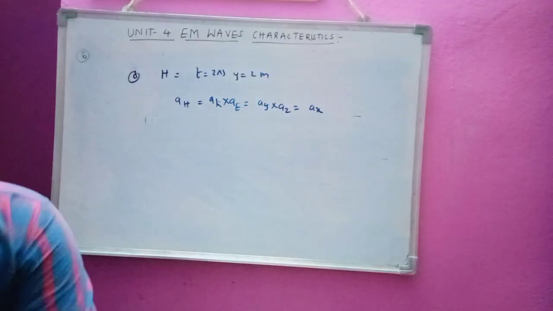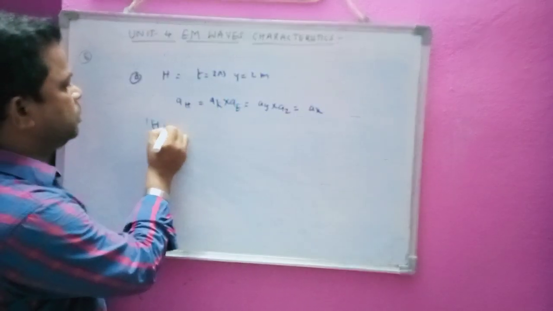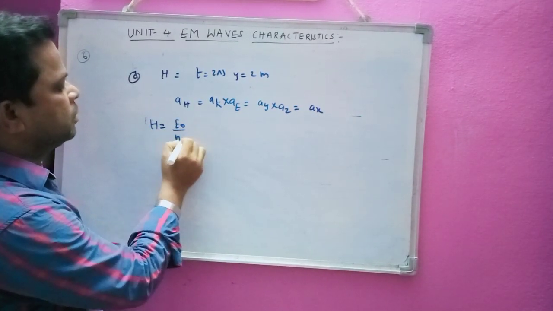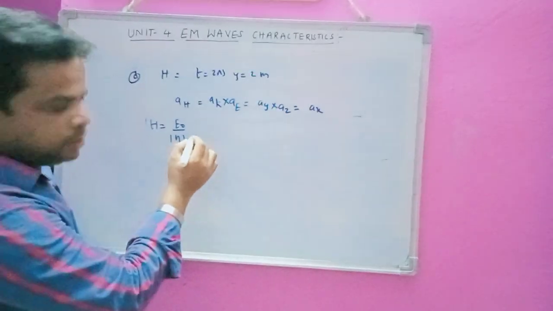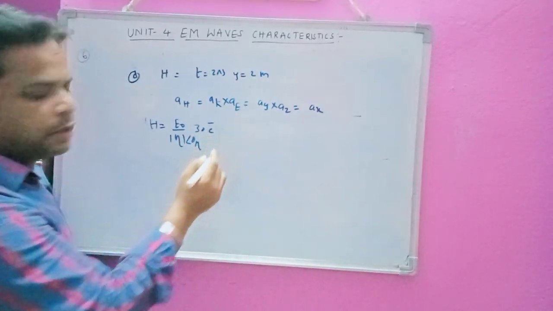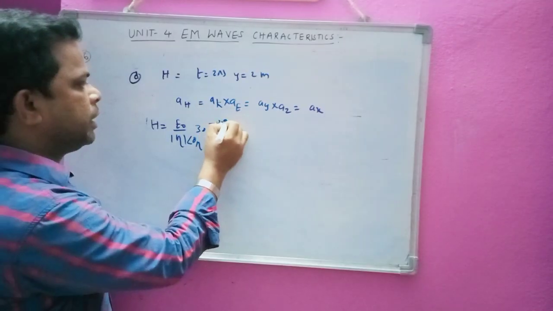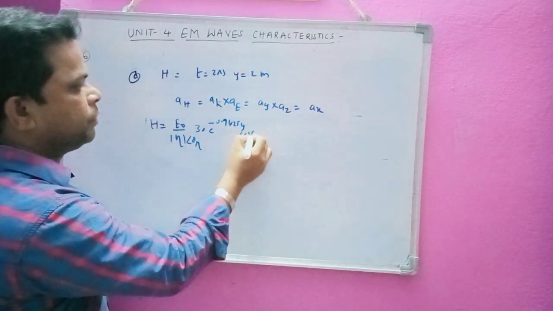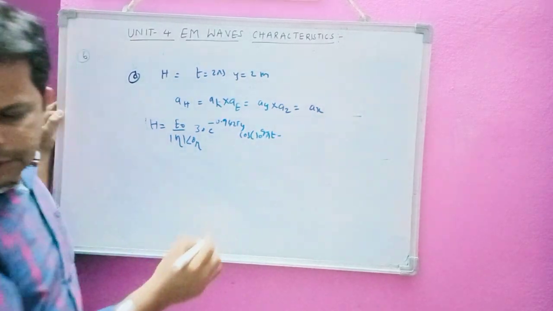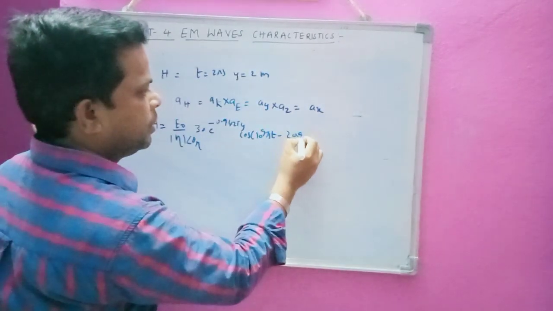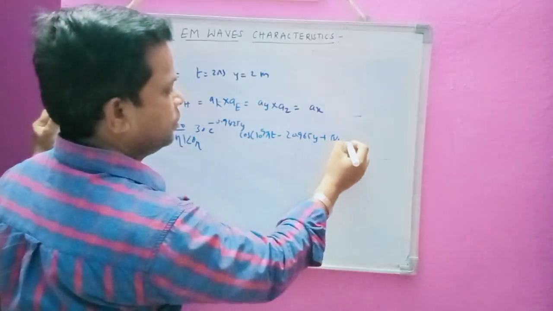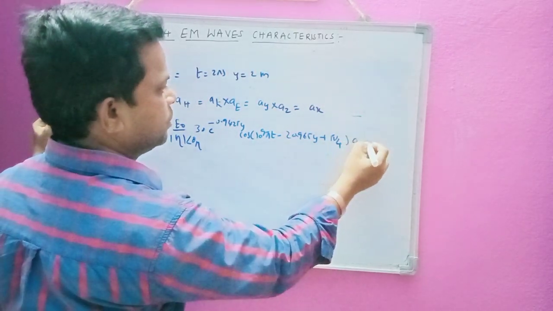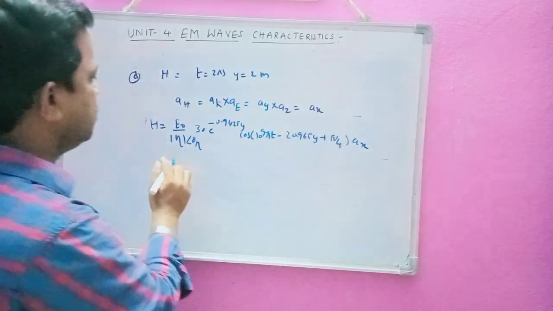Now H is equal to H naught, that means E naught by eta, mod eta into theta of eta, and we know that he has given 30 e power minus alpha z. Alpha he has given 0.9425 y, cos of 10 power of 9 pi t minus 20.965 y plus pi by 4. We are not substituting this value; let us substitute after that. This value is AX here. Now E naught is here.